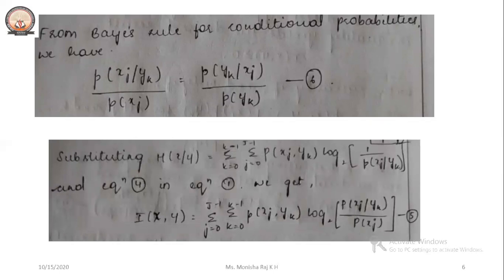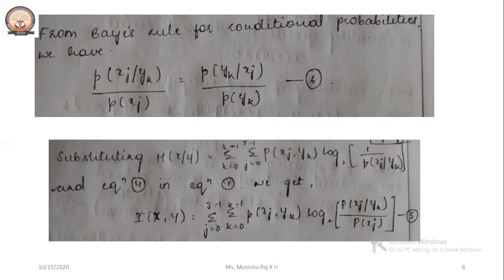Next, we have something known as Bayes theorem. So P(xj|yk) by P(xj) equals P(yk|xj) by P(yk). So substituting equation 6, that is the Bayes theorem equation, in equation 5, we get an equation,